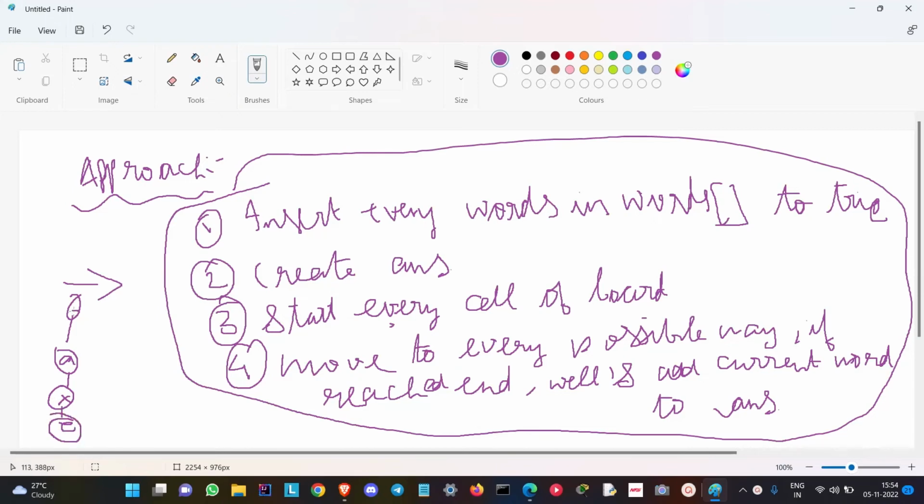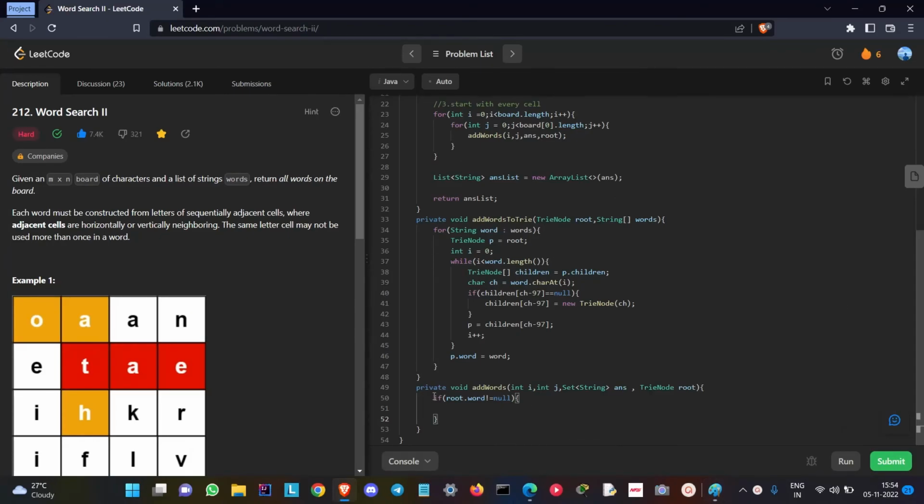In the current last final node, the word value will be x. In other nodes, the word will be null, right? So we'll use this word data to find whether the current node is the end of the word or not. So this is the condition we are using here. So if the current root node is the end of the word, we'll add the word to the answer and return,